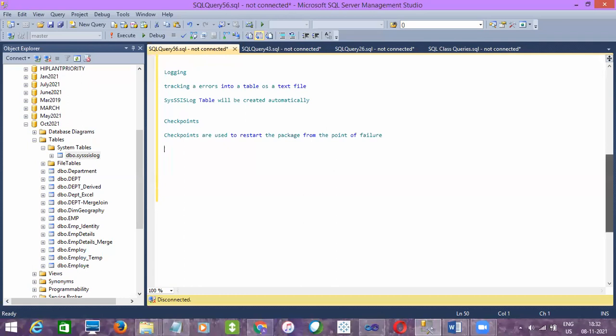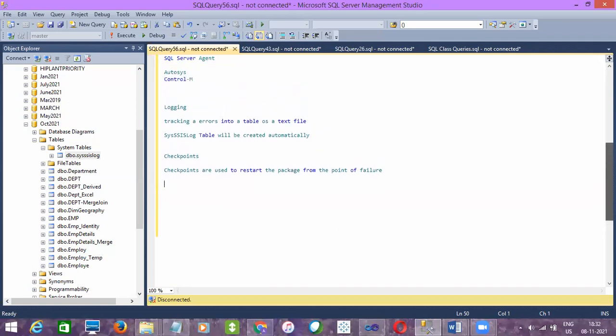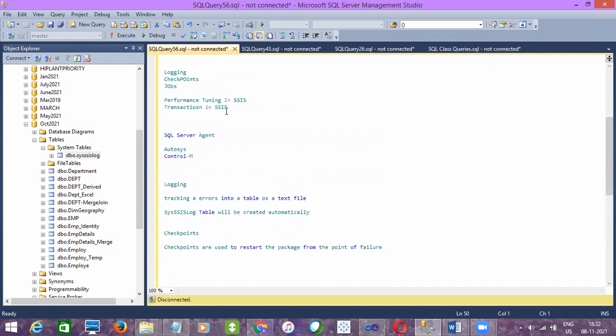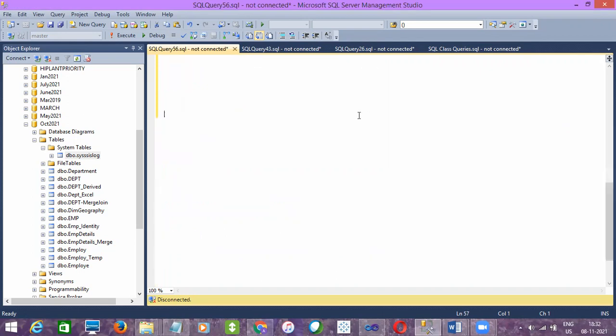As part of SSIS, we have two topics pending, right? Those are transactions and then performance tuning of SSIS. Transactions, I think in SQL Server you have read about the transactions, like commit and rollback.